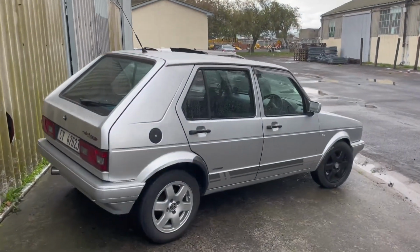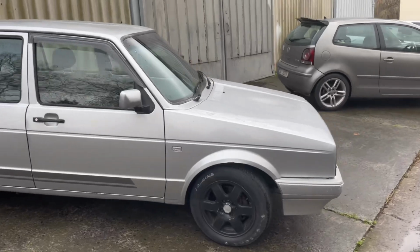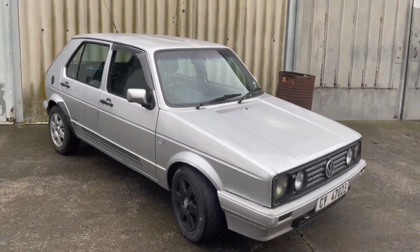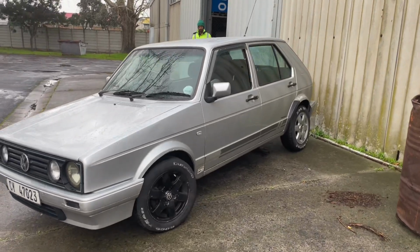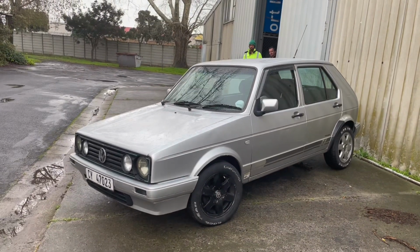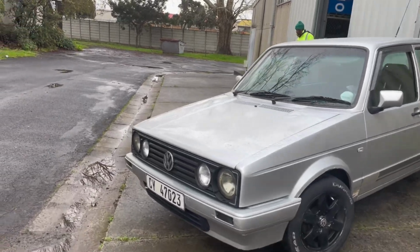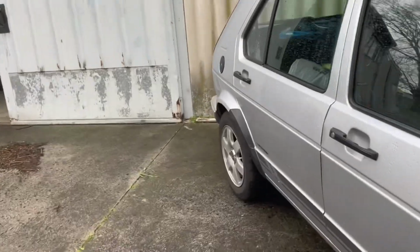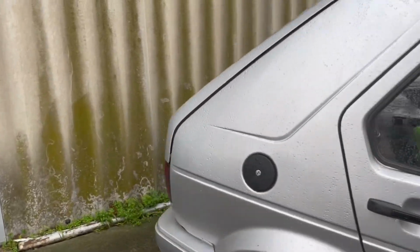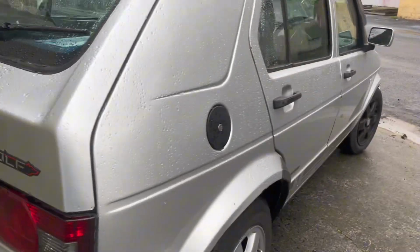What's up, guys? So for you guys who don't know, this is my MK1. I've had it for a while now. I don't think I ever showed you guys this car or spoke about it, but yeah, it's a basic 1.4i. Really nice Mark 1, to be honest. Very reliable so far,